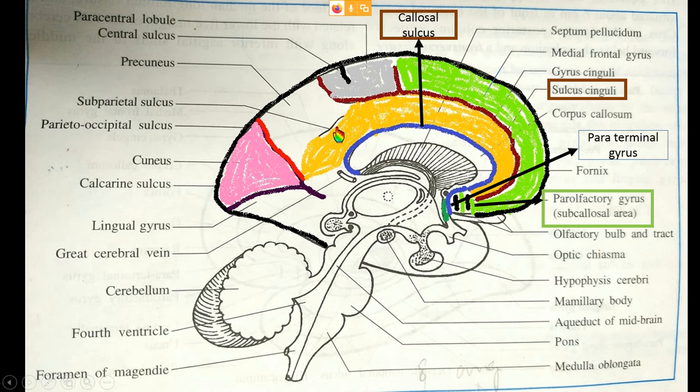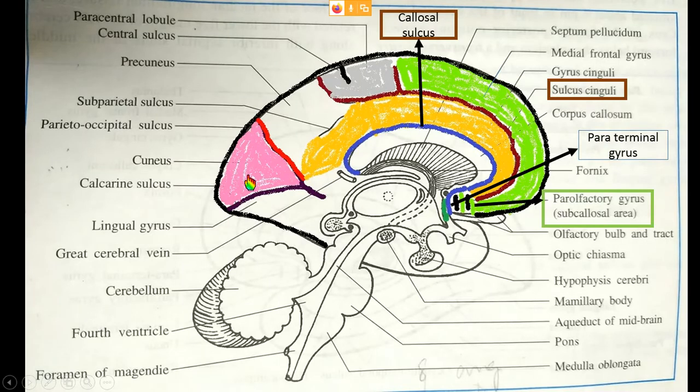It has two main sulci: the Calcarine sulcus and the Parieto-occipital sulcus. This red one is the Parieto-occipital sulcus, and this arched sulcus is called the Calcarine sulcus. Between the Calcarine sulcus and the Parieto-occipital sulcus, these two sulci join with each other, and here you